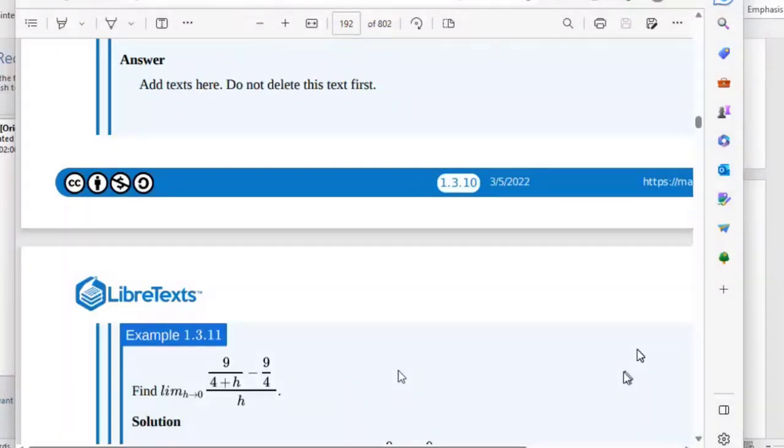Okay. Noma Ahmed. Yes, sir. How did you get positive infinity? Okay, so